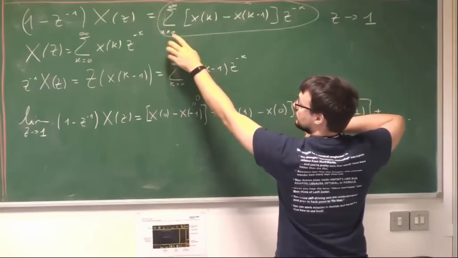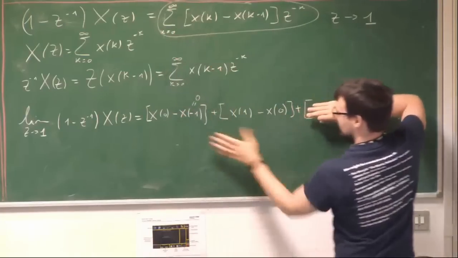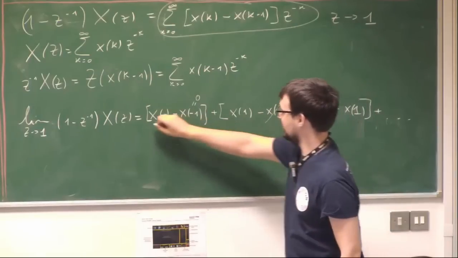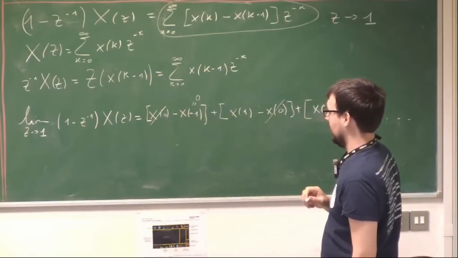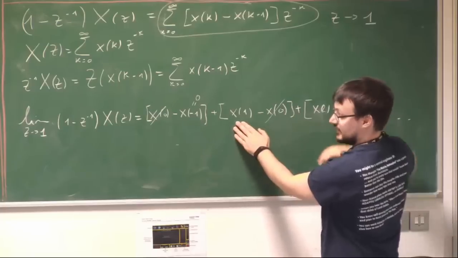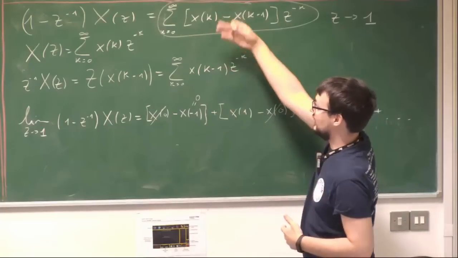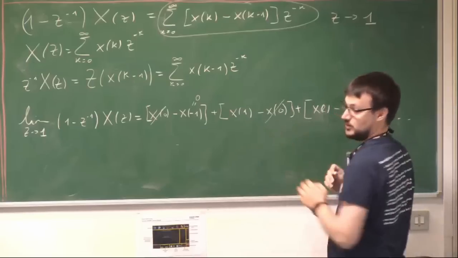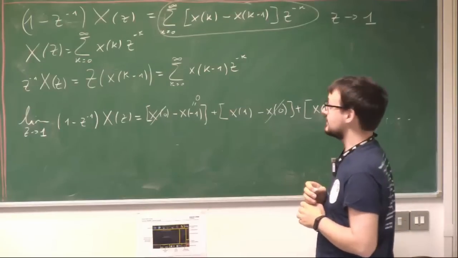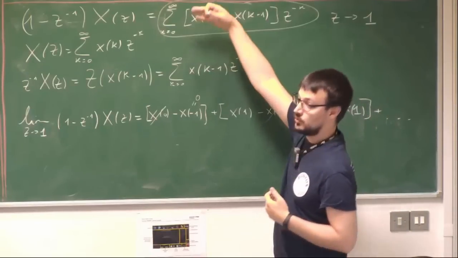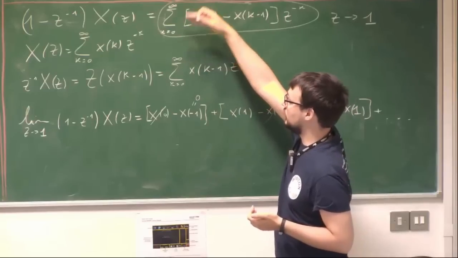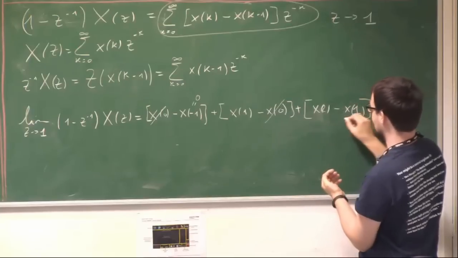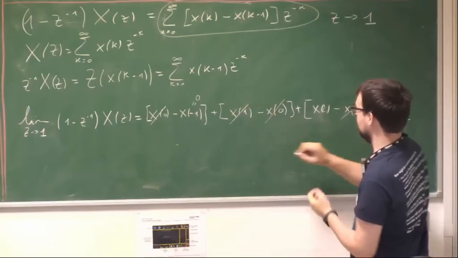When k goes up to 1, then we have these two terms. And we see that actually this term cancels out with this term over here, and what is left is just x of 1. So when we cut this sequence to k equal to 1, we remain with just this guy. Now let's continue this sum up to 2. So k goes from 0 to 2. And we see that we add also this guy, and this will cancel with this, and we are left with